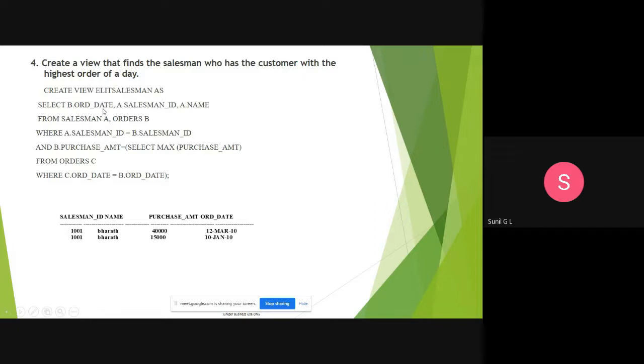and we are giving the view name, select order date and salesman ID. Okay, so B.order_date from orders, and A.salesman_ID from salesman, and A.name from salesman. From salesman A, we are giving an alias for the salesman table, and orders B, where A.salesman_ID is equal to B.salesman_ID. We are matching those two tables,